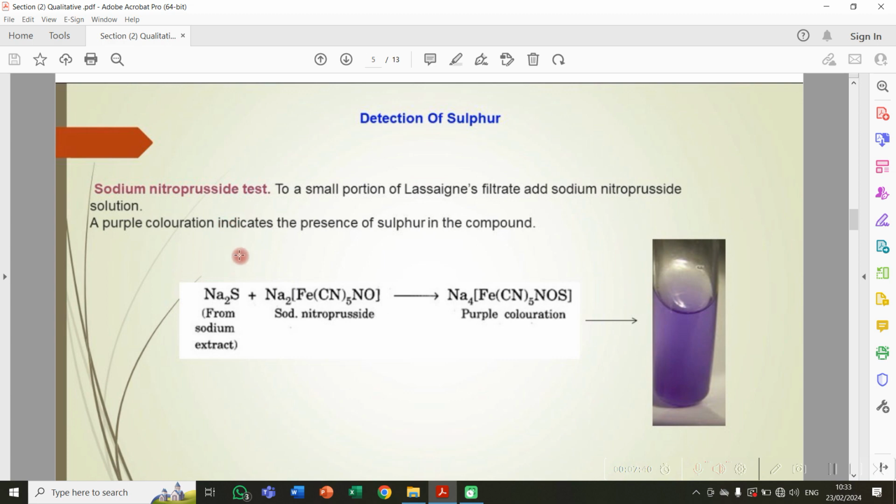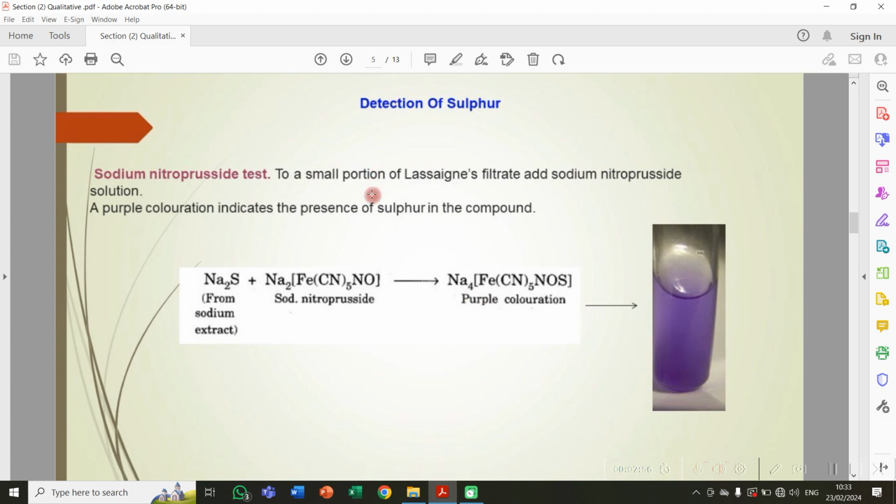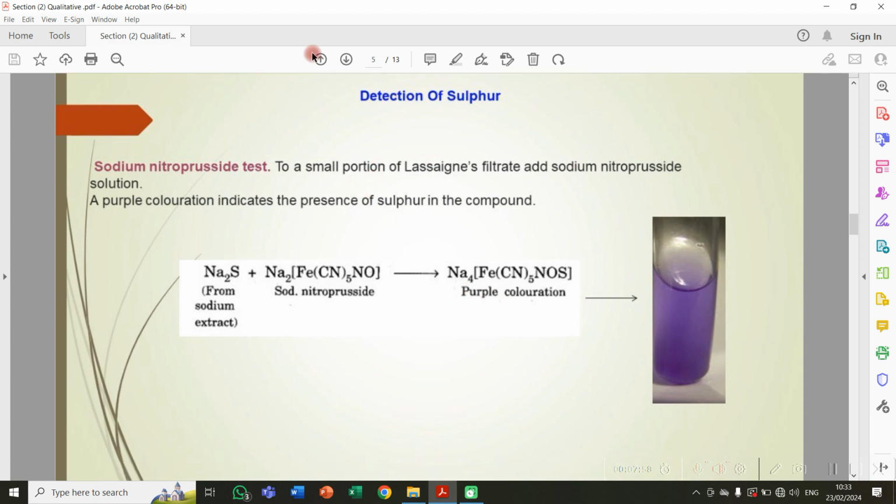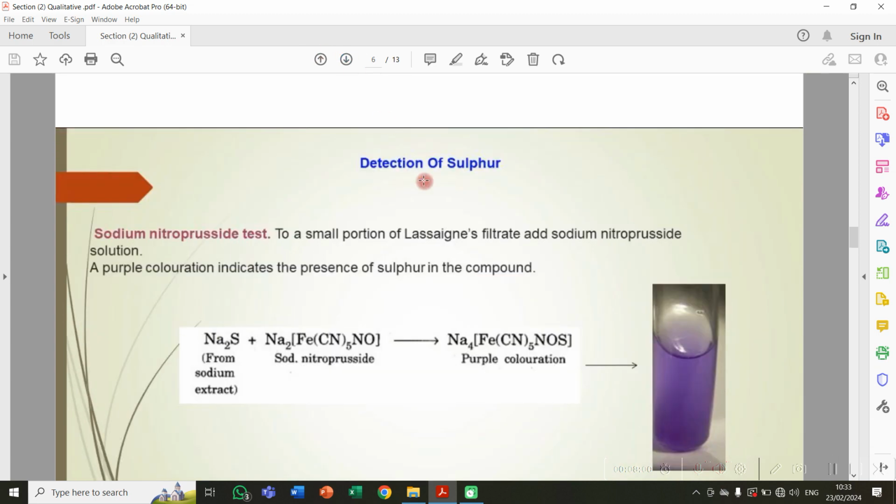So here in the exam, when they tell me to detect the sulfur, I should write 2 equations. First equation, sodium plus sulfur gives us sodium sulfide, and then sodium sulfide plus sodium nitroprusside gives us this product that is purple in color, and we must write the color. Now we finished nitrogen and sulfur. Let's move on to the detection of